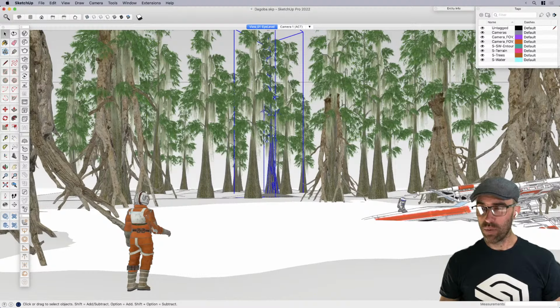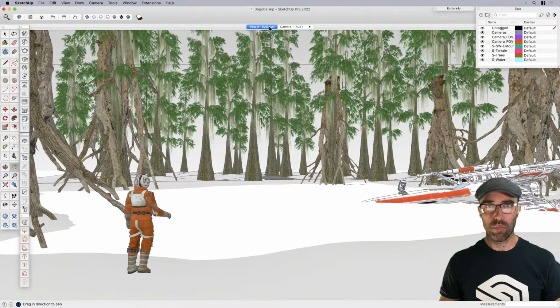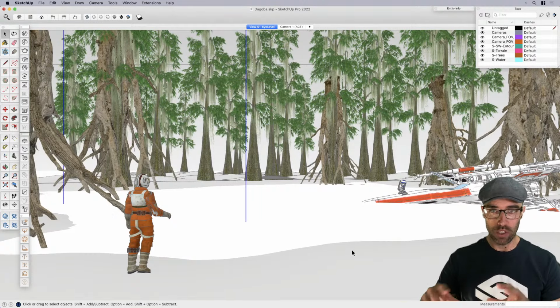Oh, sorry. As you kick in the fog, and as it gets darker and moodier, the trees will become a bit less relevant anyway. So yeah, one thing we want to do is look at adding some more roots into